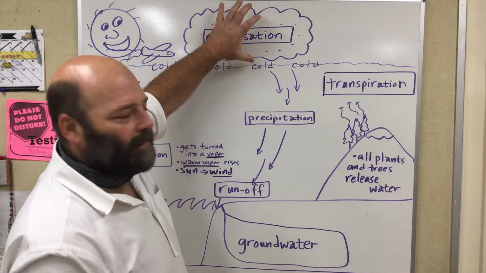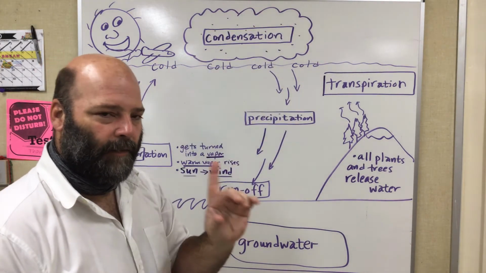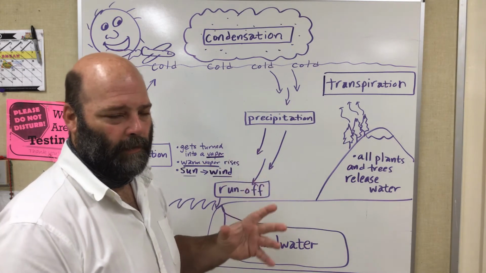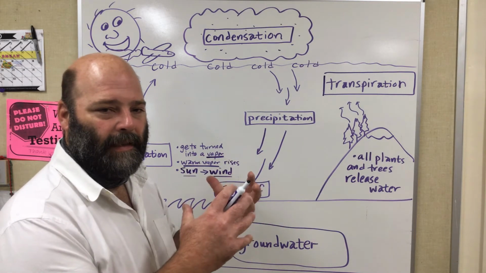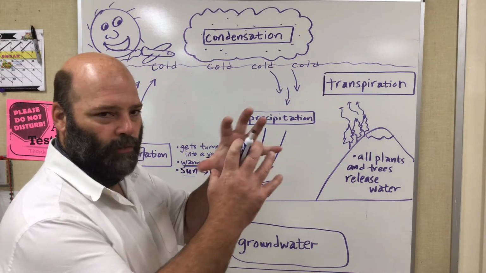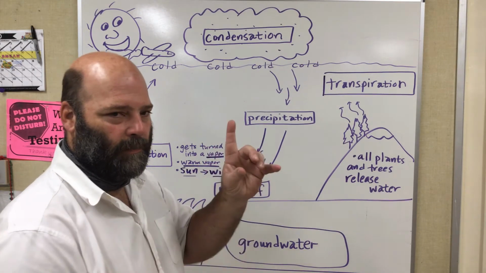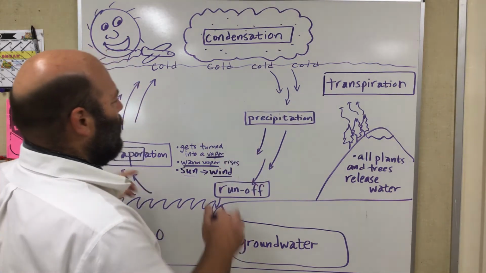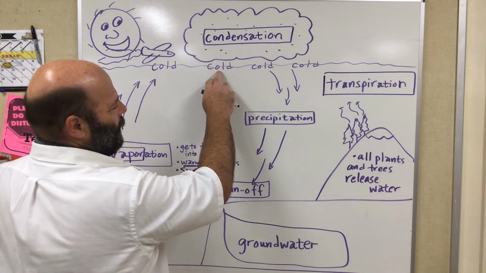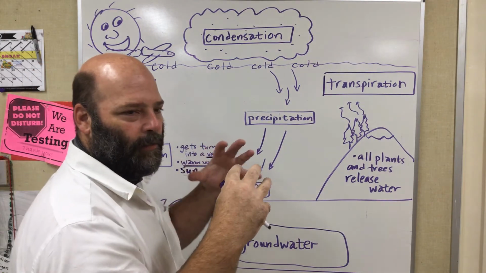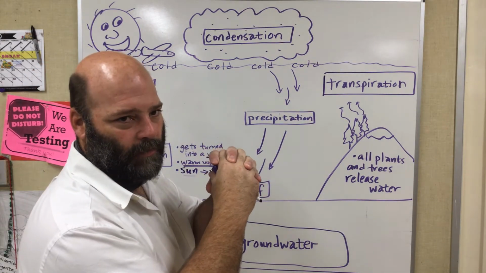So the cloud sits up there, and remember, inside of every raindrop is one speck of dust. So that'll prove to you that this does indeed happen. These water droplets start to join together, and they make these water droplets with one speck of dust in them, okay? That cold air is what's so important. The warm meeting the cold is the reaction that causes the clouds to form.